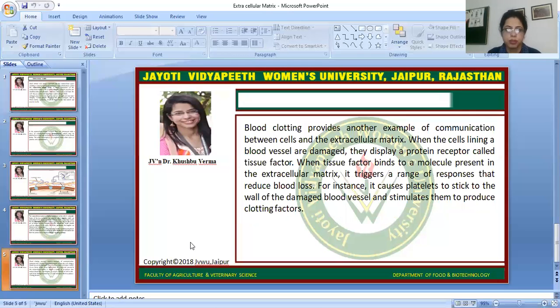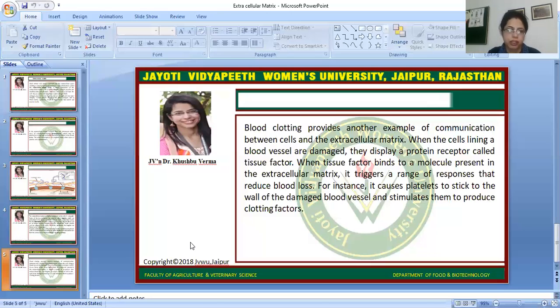Next one is blood clotting. Blood clotting provides another example of communication between cells and the extracellular matrix. When the cell linings of blood vessels are damaged, they display a protein receptor called tissue factor. When tissue factor binds to a molecule present in the extracellular matrix, it triggers a range of responses that reduce blood loss. For instance, it causes platelets to stick to the wall of the damaged blood vessels and stimulates them